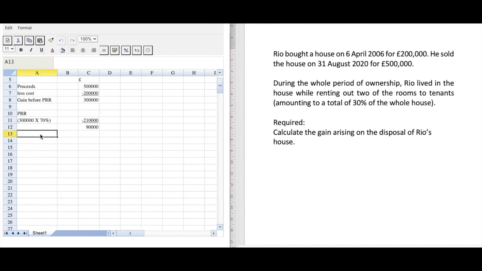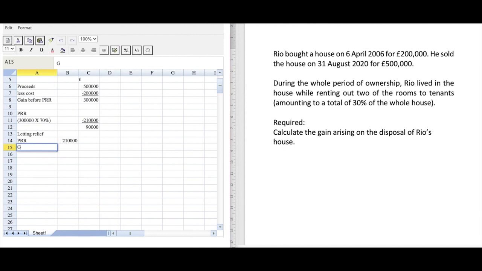But because he has had shared occupancy with tenants, he can also claim letting relief. Now the rules for getting the letting relief are completely different now under Finance Act 2020, but the mechanics of applying the relief is the same as what you may have studied under a previous Finance Act. So you still look at three figures. You're going to look at the actual amount of the private residence relief, which was 210,000. You're going to look at the gain that is attributable.